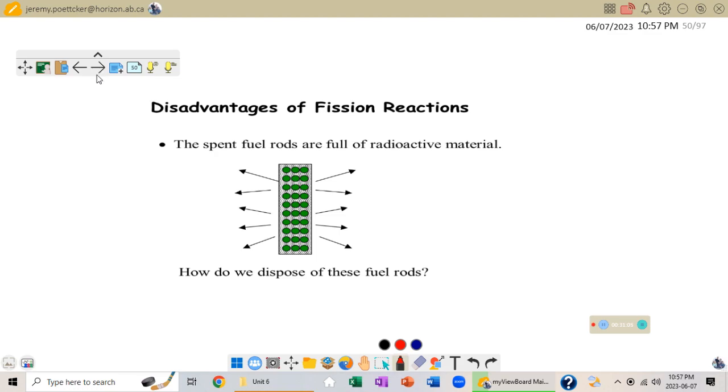Now, fission reactions have problems. Our spent rods, it's not like they've stopped being radioactive. They are full of radioactive material. How do we dispose of them? Some of them are going to be radioactive for thousands, tens of thousands of years. So what do we do with them? Well,